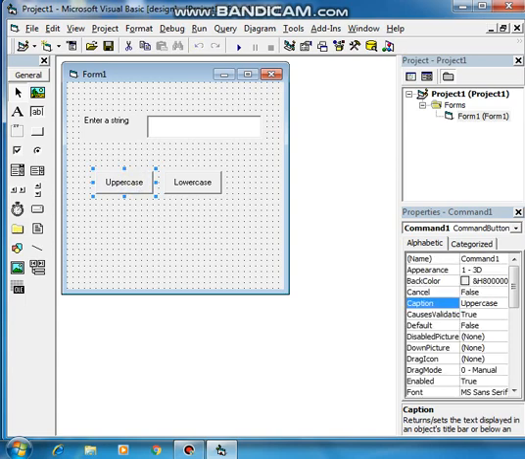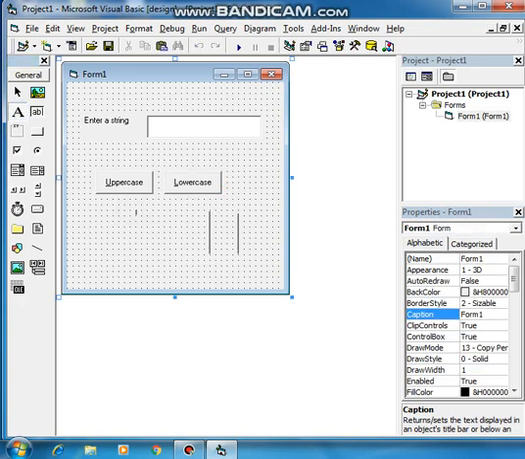Here let me teach you one thing, students. Suppose you don't want to click on the button. Can you do it from the keyboard? Yes, students. How? Just use ampersand sign before the letter. So what happened here? You got an underline here. So I will teach you later. Just notice the underline. Now here we can give underline to L, so before L you need to specify that ampersand sign. So how it will work, that I will teach you. Just wait.